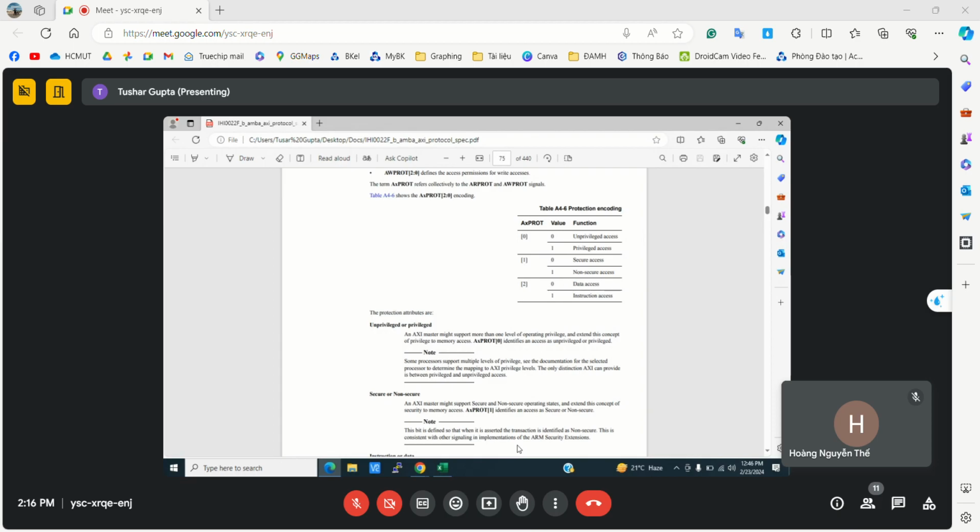जब एक छोटा master अनप्रिविलेज एक्सेस ही कर रहा है बाय डिफॉल्ट, और जब सीपीयू कर रहा है, वो बता रहा है कि मैं सीपीयू हूँ, मतलब वो प्रिविलेज एक्सेस कर रहा है, कि मैं सब कुछ एक्सेस कर सकता हूँ. The CPU is telling I can access all the bits, everything. So it is sending the prot 0 value as 1. जब वो छोटा master transaction send करेगा